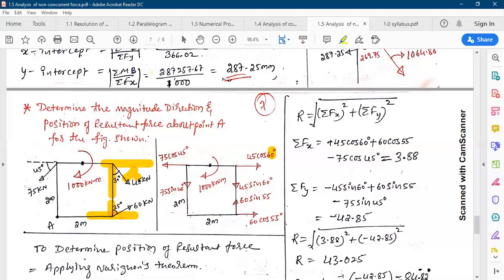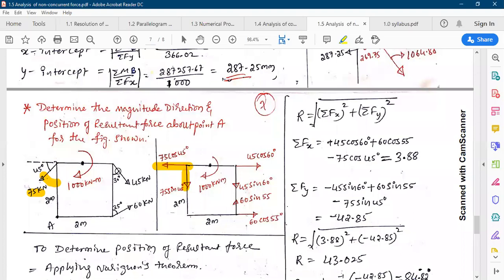Now I want to calculate the angle with respect to the x axis. So that angle with the x axis is 60 degrees. Similarly, this is 35 degrees with respect to the y axis. Convert this with respect to the x axis: 90 minus 35 is 55. So this 55 degrees is utilized to resolve the force along x and y components. Considering this angle, resolve this force into its x component. If I project this force to the x axis, the force will be traveling leftwards. If I project this force to the y axis, it will be traveling downwards. So these are the x and y components of the 75 kilonewton force.